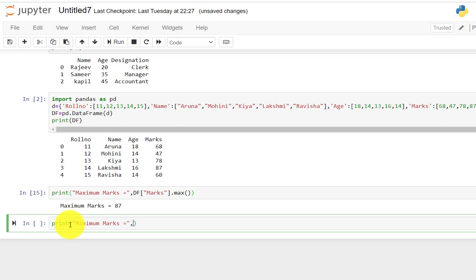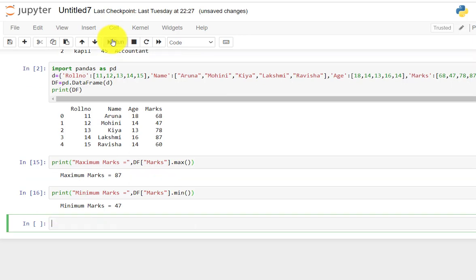So from which data frame? The data frame is df, and on which column will we perform the minimum function? On the marks column. So pass marks as the parameter. Clear? So this column has been passed, and then you call min, meaning the minimum method. So here I am calling this method, and with this method it will give the minimum marks of that data frame. So now I run it, click on the run button.